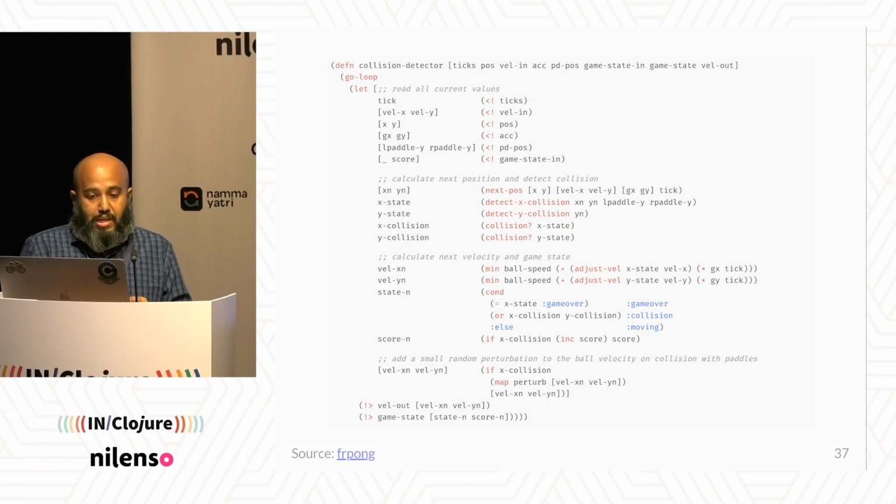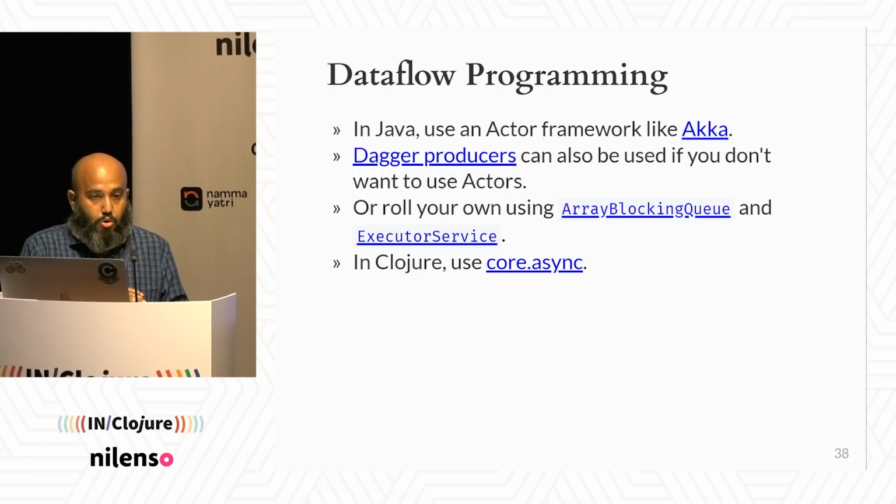Again, data flow programming is actually quite pervasive in Clojure. I've seen a lot of production software use data flow programming, especially anything that does any kind of ETL, any kind of background jobs and stuff like that. You would lay it out as, or you should lay it out as, a data flow program, right?